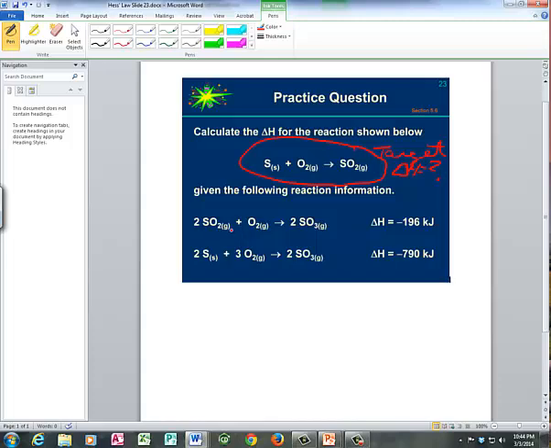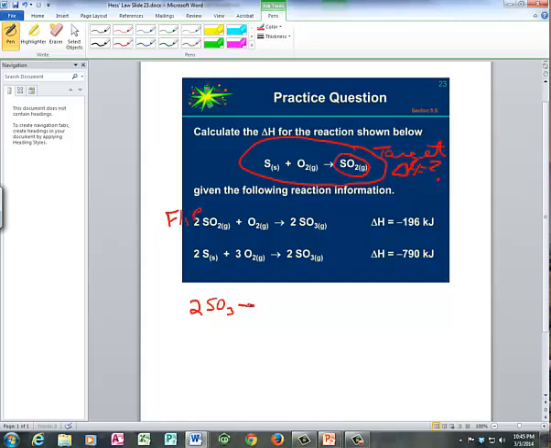And so the keys to doing that are to find features of the path reactions that match up with features of the goal reaction. So here I see SO2 as a product in my target reaction, but I see SO2 as a reactant in my path reaction. So if it's a reactant here and it's a product in my target reaction, I actually need to flip this reaction because SO2 is a reactant here and it's a product here. So I'm going to go ahead and reverse that reaction, and that's going to give me